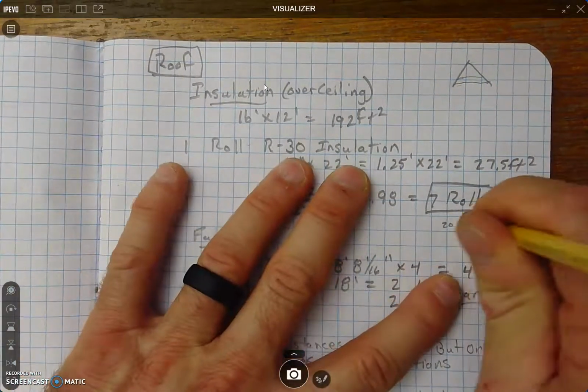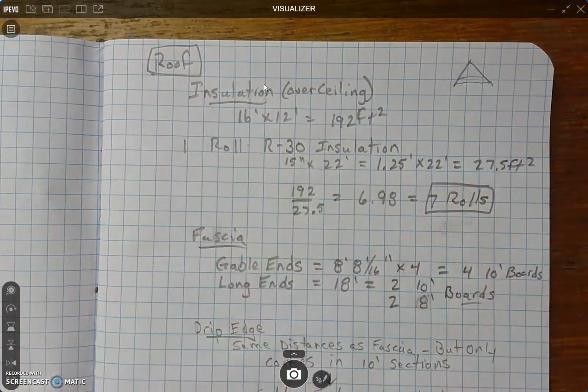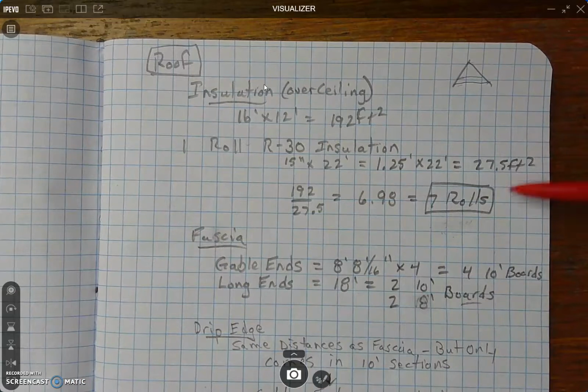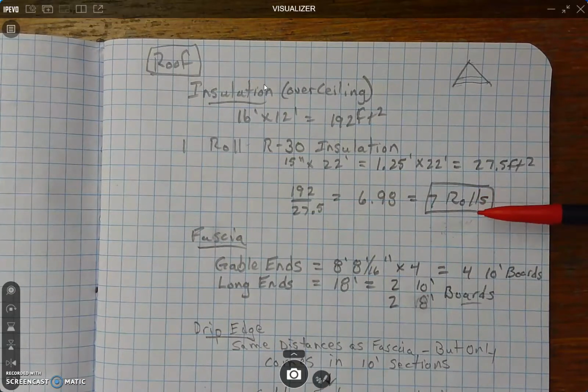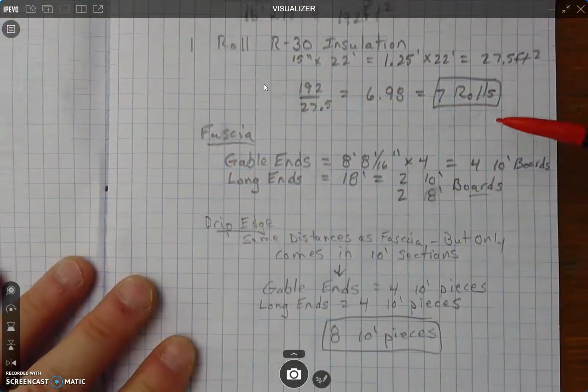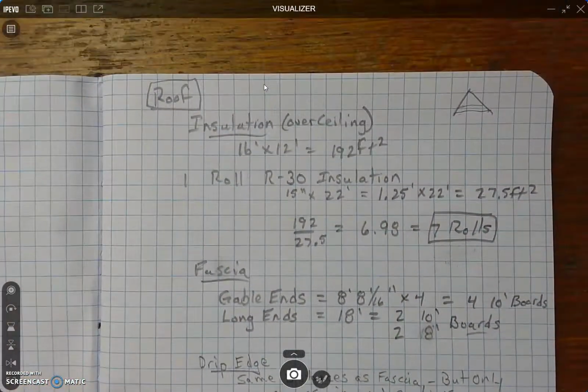So while I have it under roofing here, this is actually a ceiling calculation. Okay. Last two things here. Fascia board. So fascia